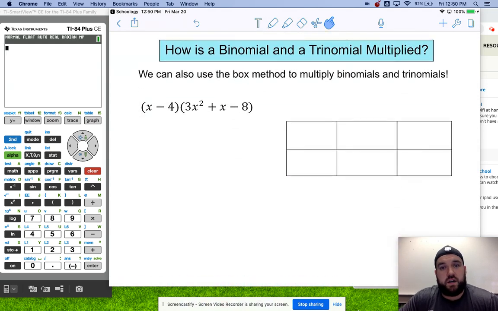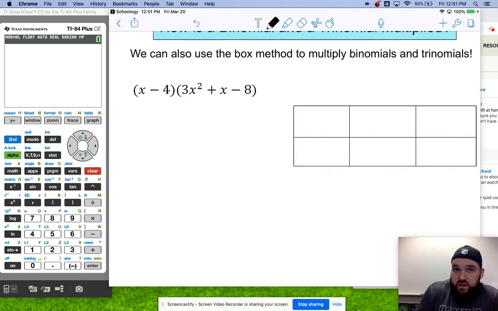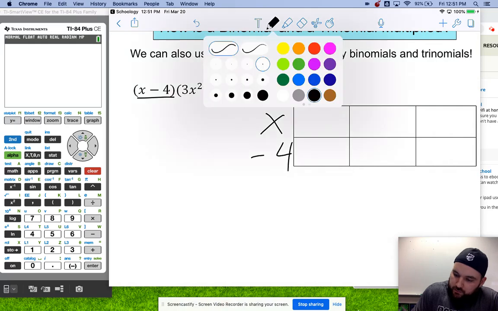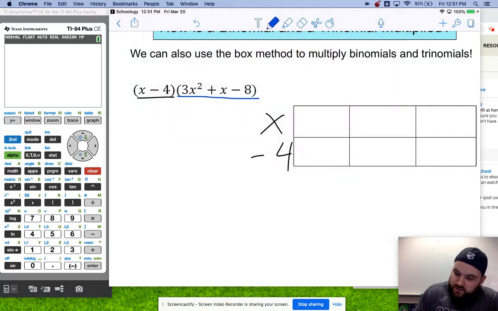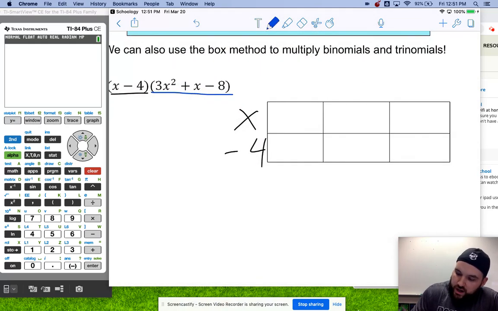Finally, we're going to talk about how do I multiply a binomial with a trinomial. It's actually the same idea, it's just two more terms that I'll have in my final answer. And so you'll notice if you want to do the box method, just draw a box that matches how many terms are in each set of parentheses. So x minus 4 are only two terms. And again, if you want to put a 1 there, you can. And then my second set of parentheses is a trinomial. So I have to break this up into 3